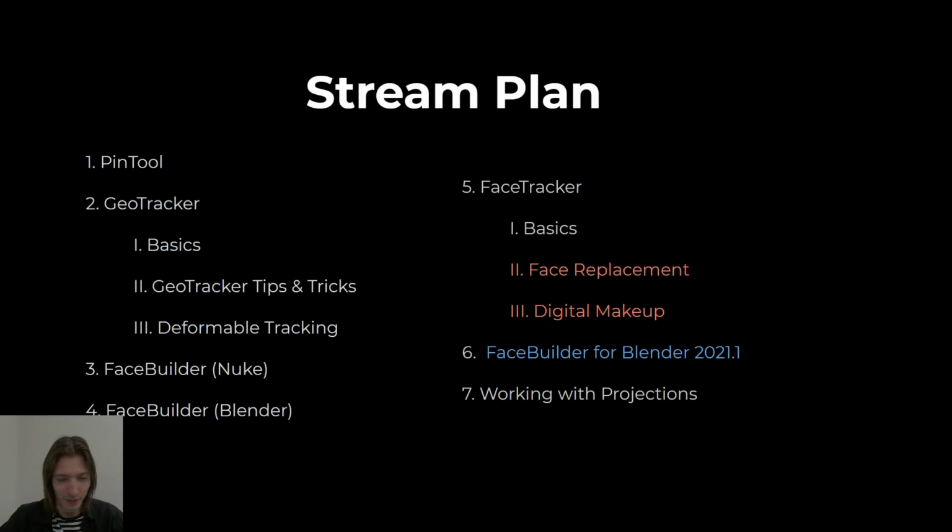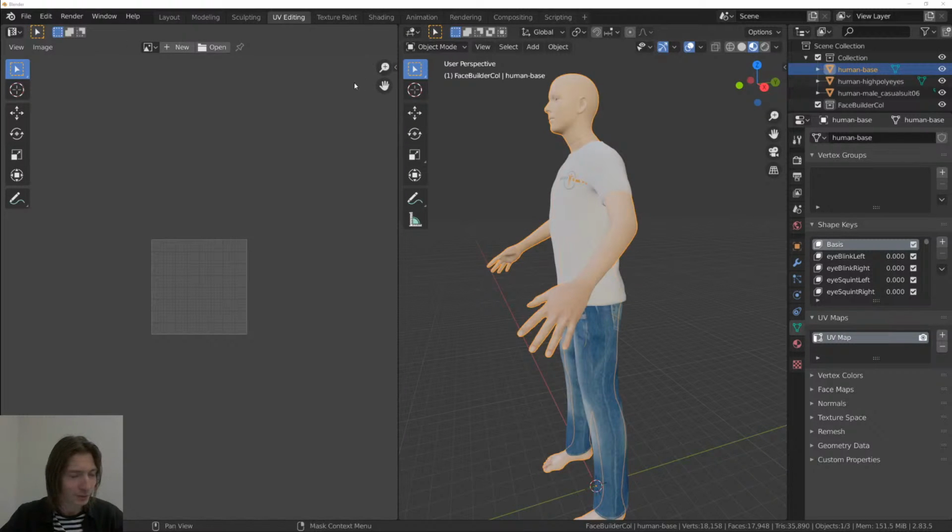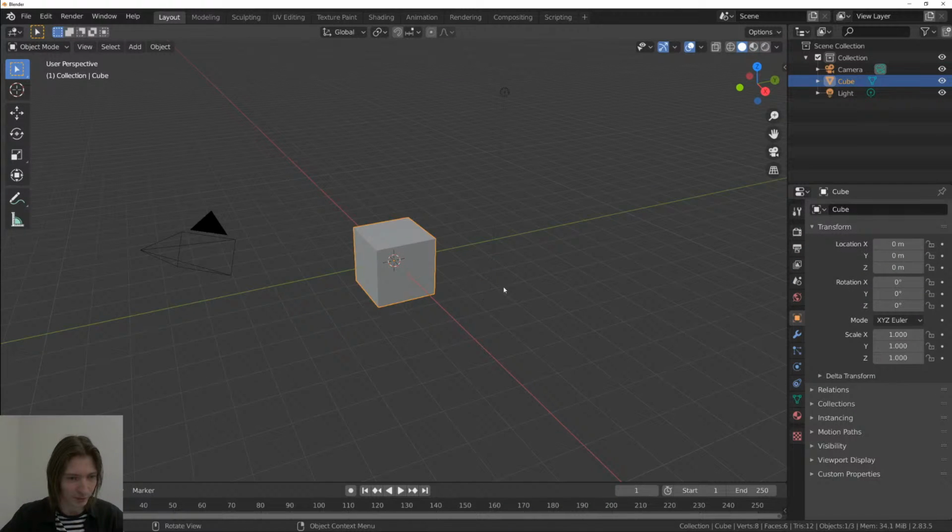So yeah, we decided to cover them in our stream, and by the way, we will review some basics today again because we have many questions in our mailbox, and so we will just briefly run through some basics of working with FaceBuilder in Blender. So let's perhaps start with basics, and let's jump into Blender, where I create a new scene, and